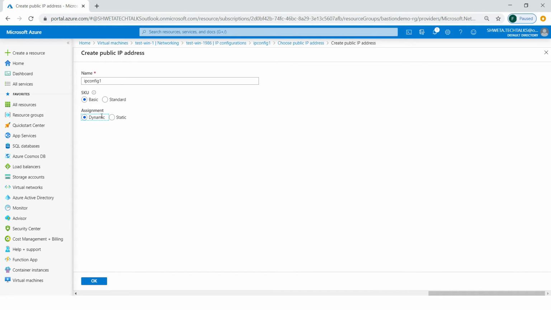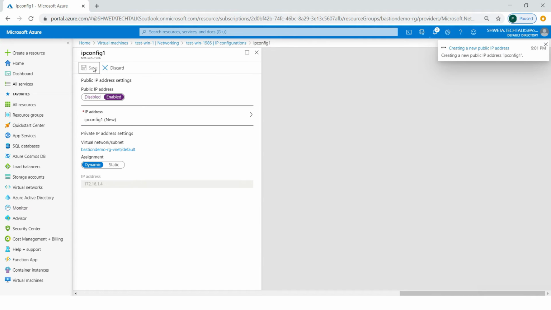The difference between a dynamic assignment and a static assignment is that if you are shutting down or deallocating your virtual machine, the next time the virtual machine starts, you get a new IP assigned to it. Whereas in a static assignment, the same IP remains even after the virtual machine was restarted or allocated after deallocation. So let's go with a static and a basic SKU